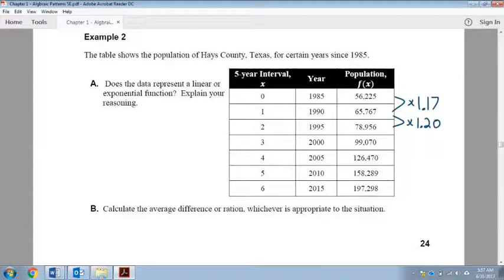So I'm going to pause and just knock these out. Alright, you should be able to see that those are awfully close. They all hover around the 1.2 mark. The 1.28 is a little high, and the 1.17 is pretty low, but they're all really close. You're talking about a hundredth of a point here. So I would say exponential